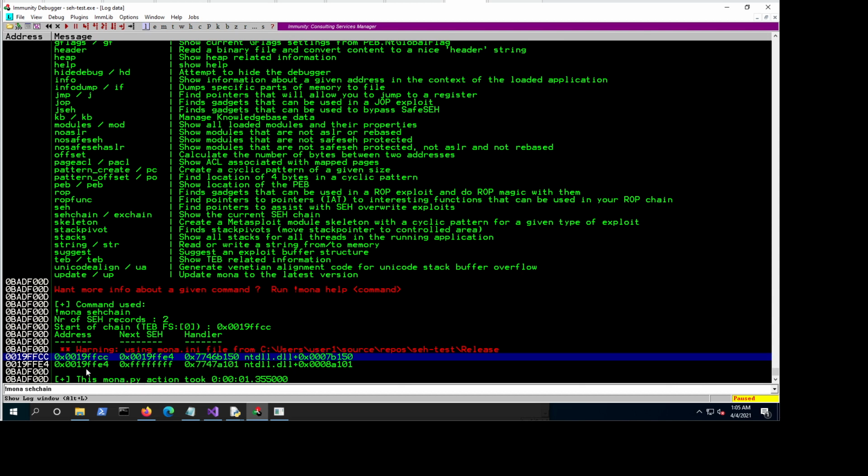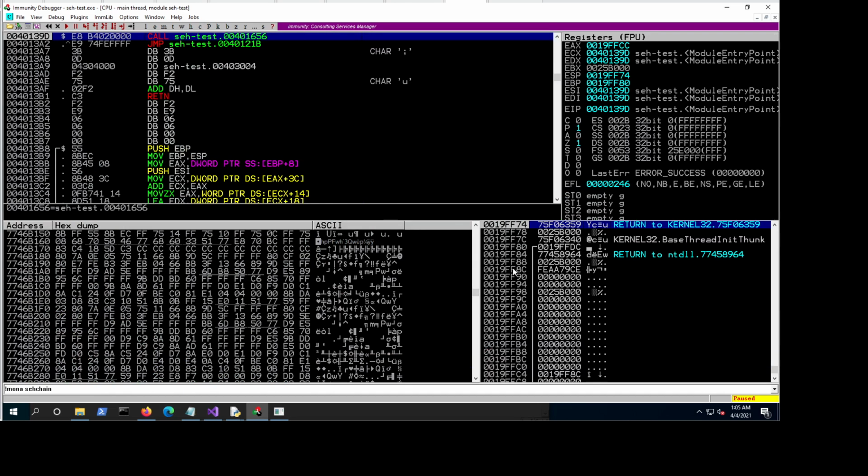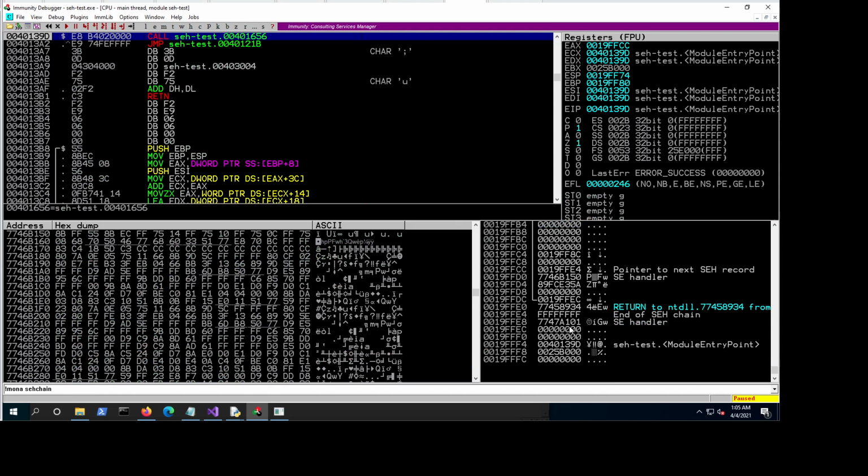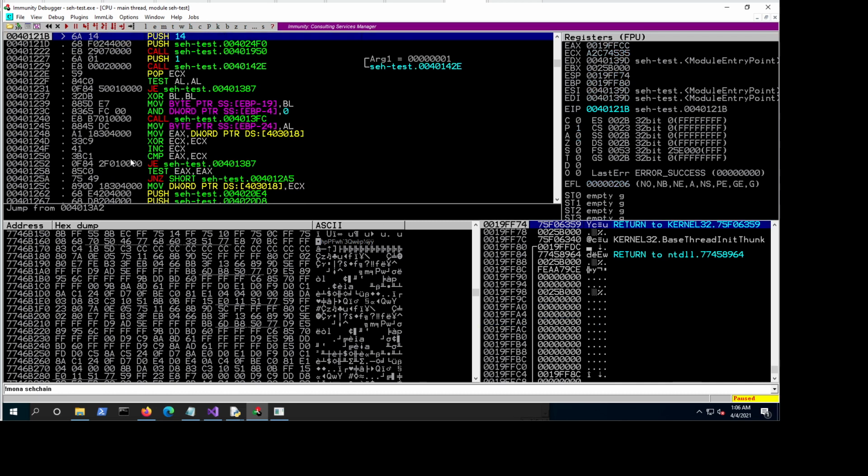And then the other one is at the address FFE4. We said that, and you can see the next is FFFFFFFF, etc. It means this is the end of the chain, but the handler is at A101. So if we go back here and go down, we can see that this is at A101, which is the last handler, which will be called. Okay, so everything looks good. Now if we start our execution, by the way,